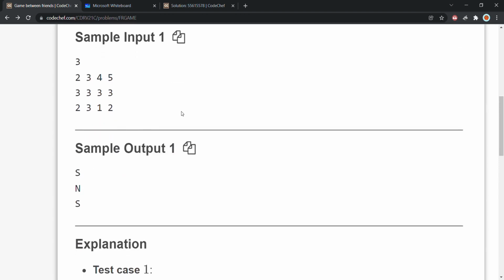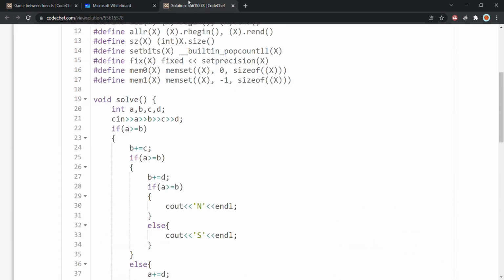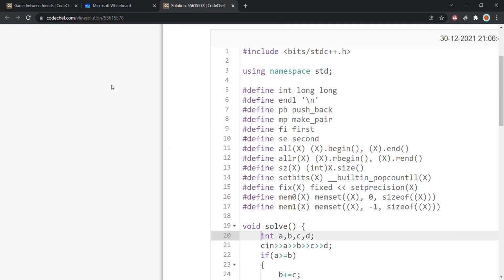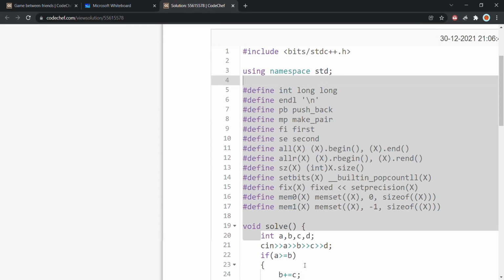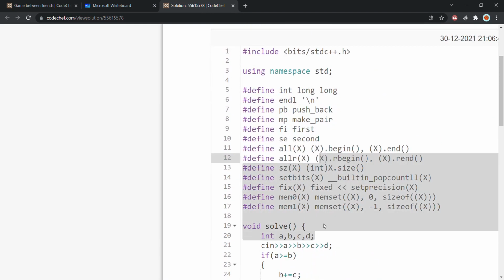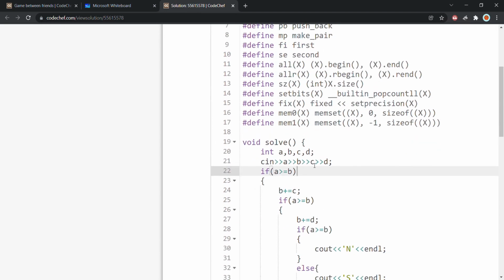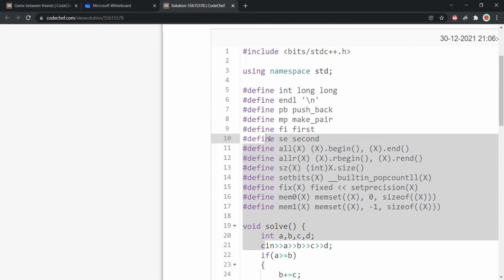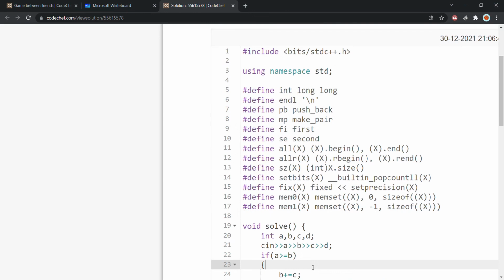Let us see how I implemented it in the code part. So here is the simple solution I made. We are not using any data structure here. We are just using if and else conditions and solve this question. The input section says that the first line contains 4 integers a b c d. So I take that. After that I take input from the user here, and just compare like this.